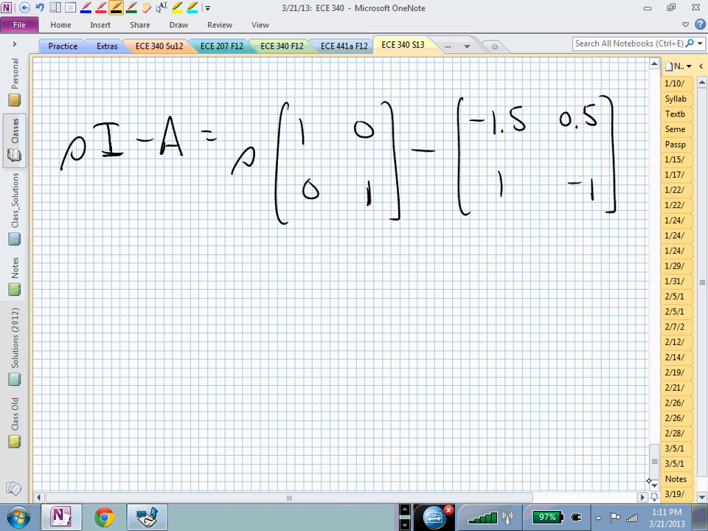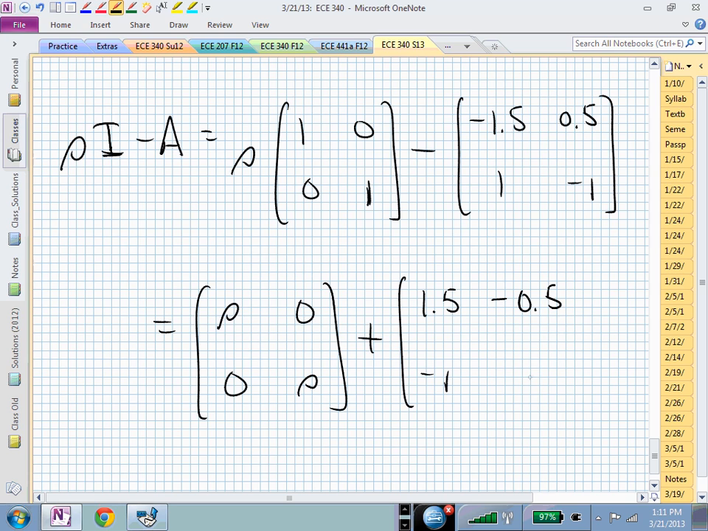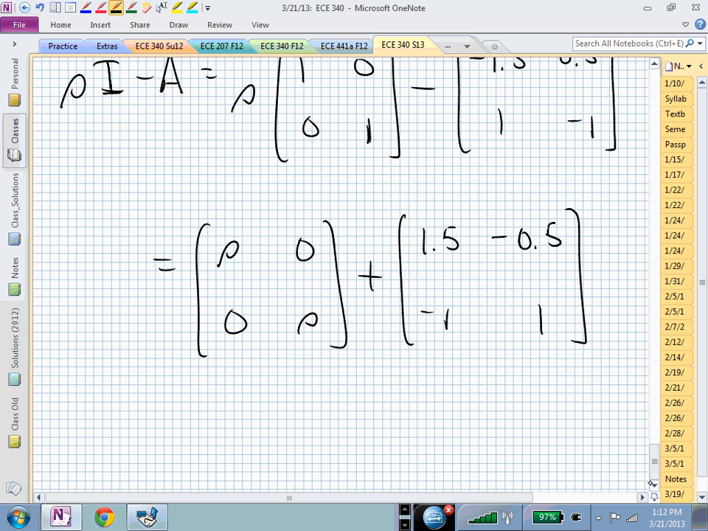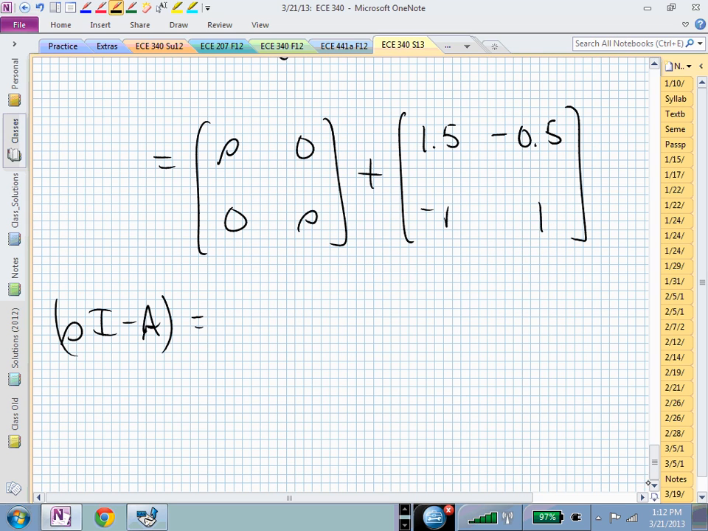And I'm going to do this in many different steps so that you just see what's going on. There's SI again. And now I could go ahead and push that negative sign through and say there's a 1.5 minus a half, here's a minus 1, and there's a 1. Which, if I now look at SI minus A, I can now combine those two 2x2 matrices, and I have